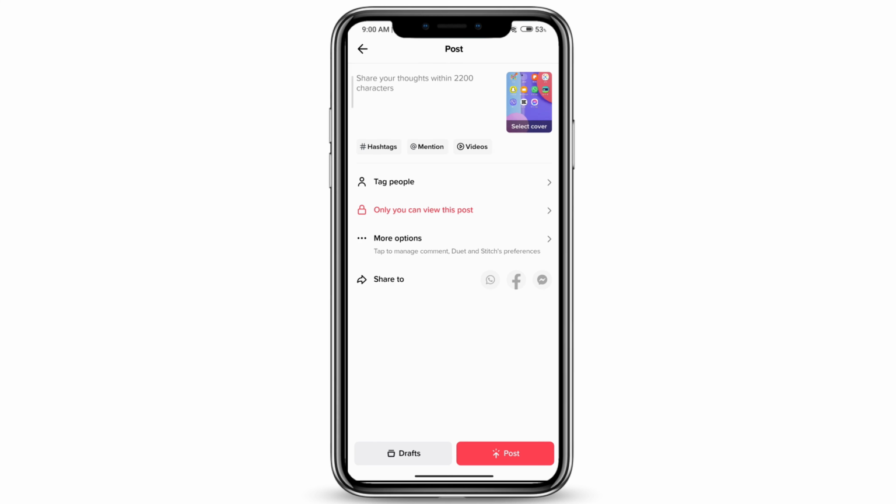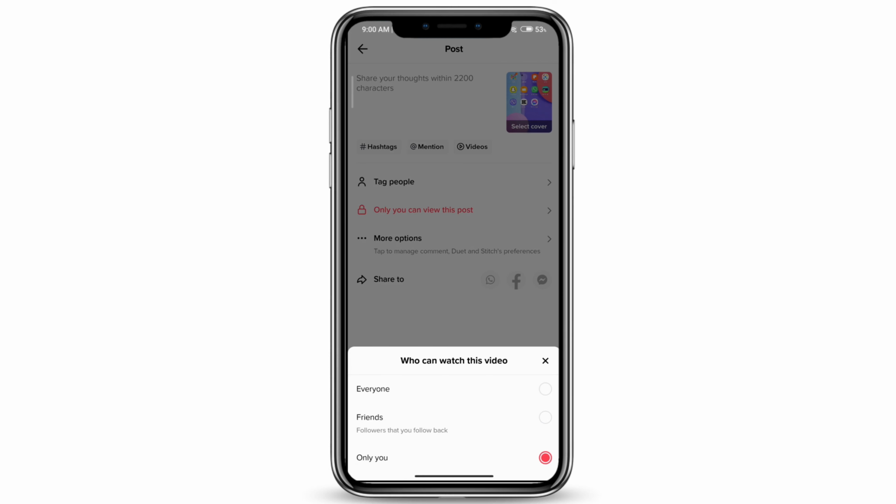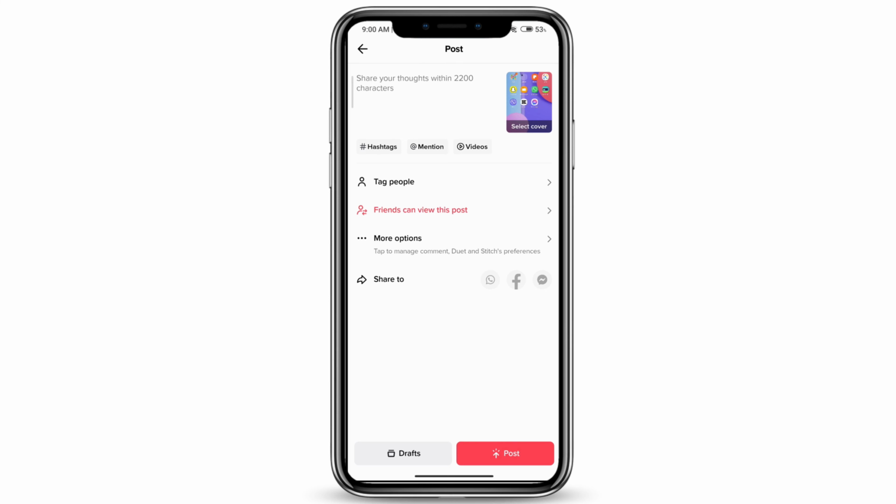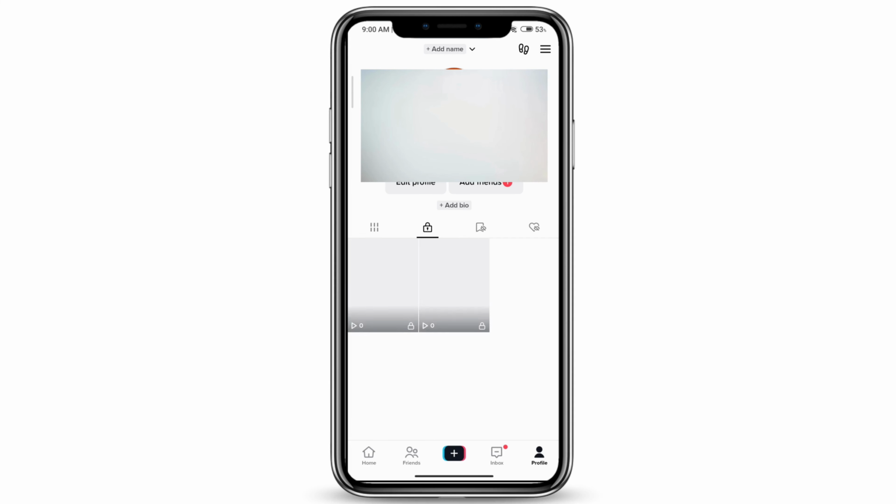So you can go over here where it says who can view this post, and then make sure that it's on friends, and then go ahead and click post at the very bottom, and then come back to your profile